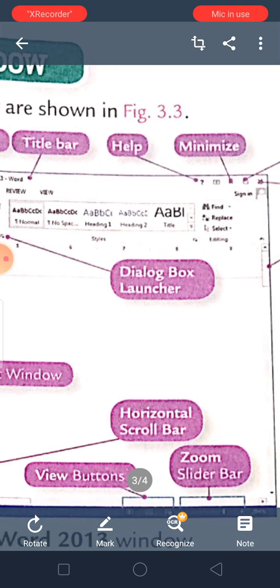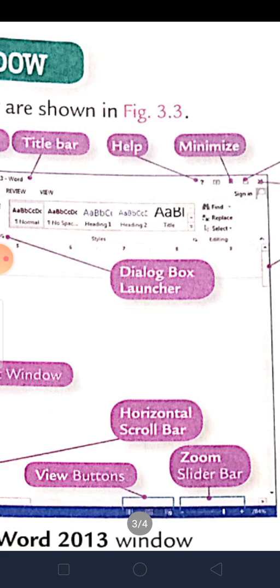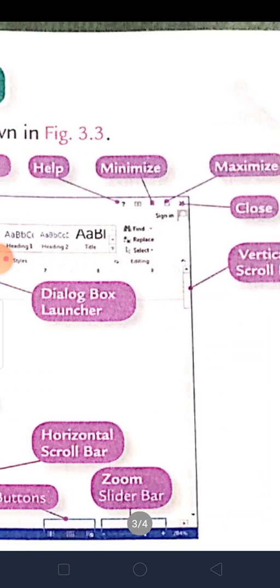Next comes the right corner. See, there are minimize, maximize, and close buttons. The minimize button is used to reduce a window to a small icon, and restore down brings back the full size, that is maximize.